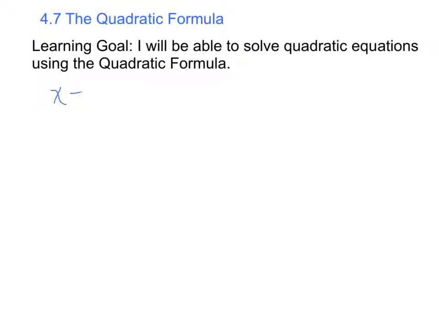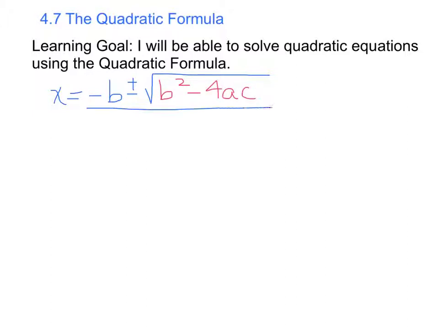It's x equals negative b plus or minus square root b squared minus 4ac, all over 2a. The reason why I put the b squared minus 4ac in a different color is because this is called